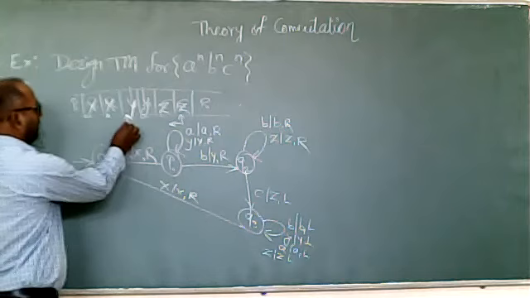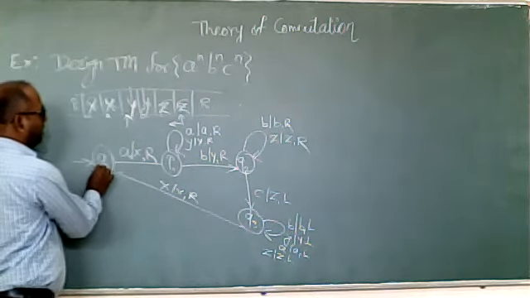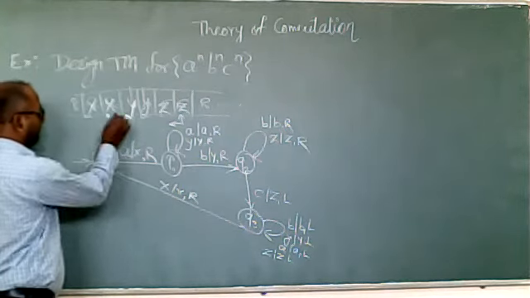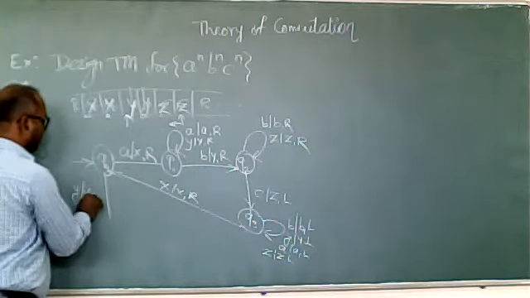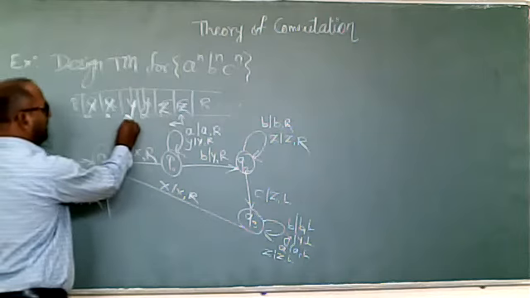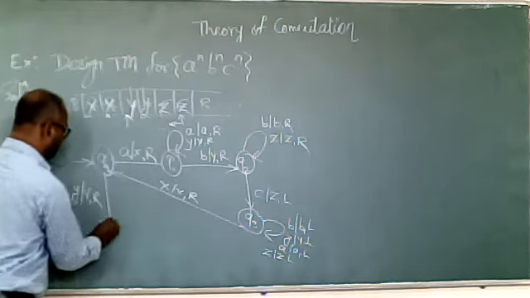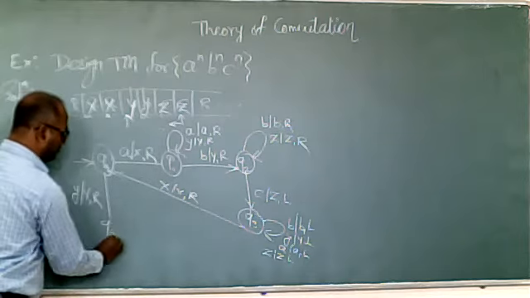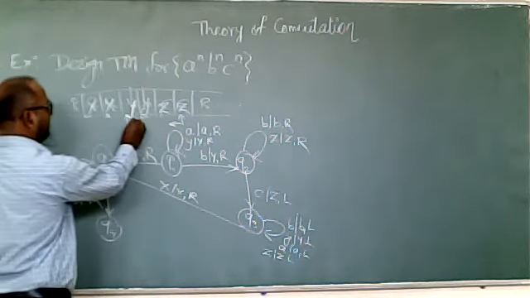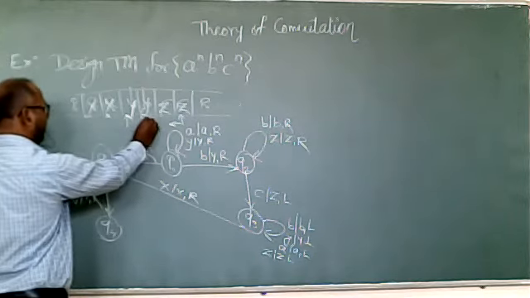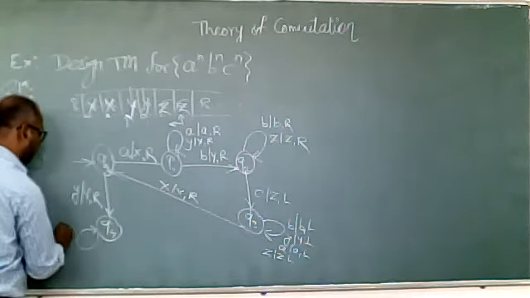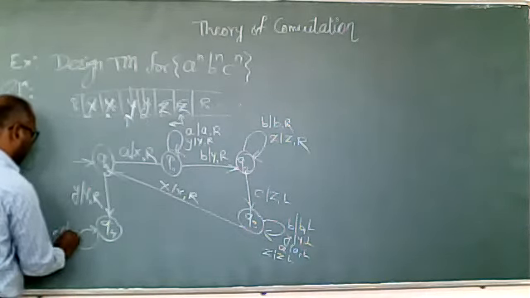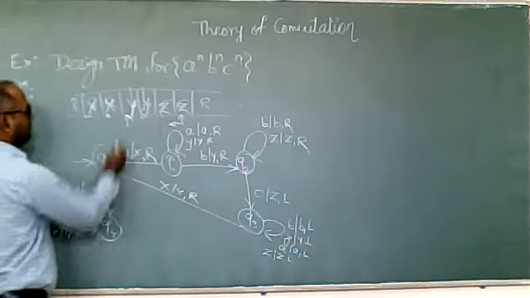Okay. Now here Q0. Q0 we are getting A, no, we are getting Y. So when we get this Y, keep the Y as it is and right. Q4. Keep this Y as it is and right. Again we are getting Y. So all the Y we have to skip. So we'll write on the self loop Y.